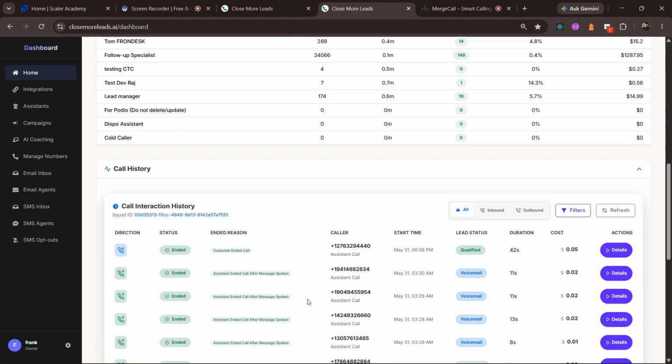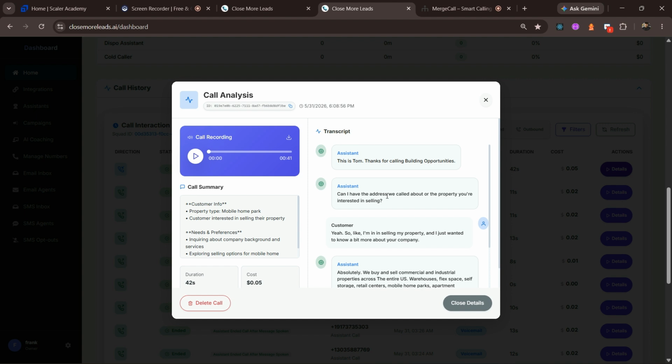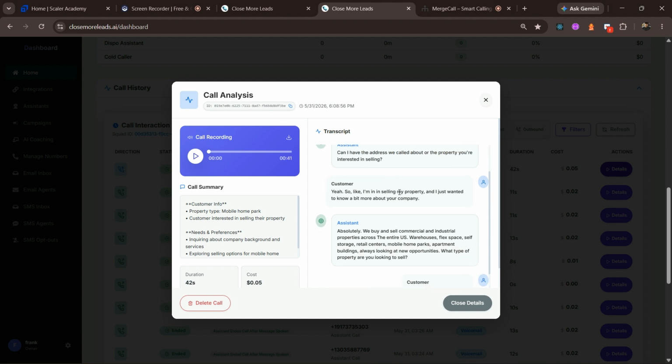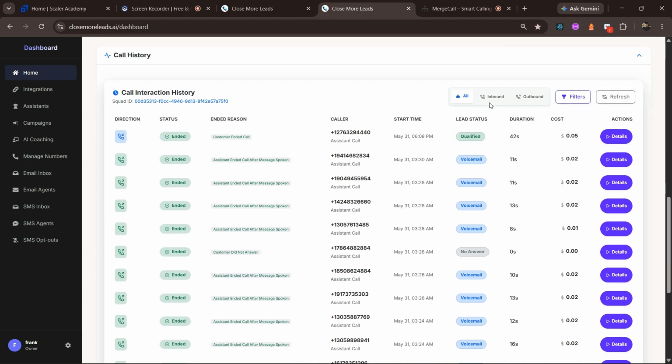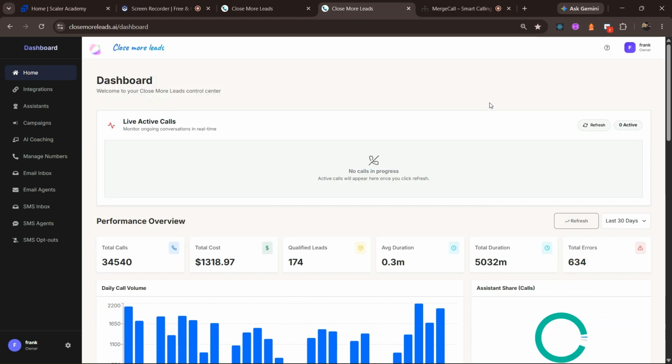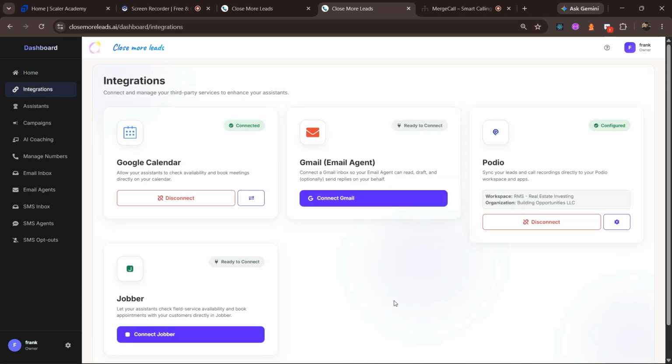And also, if I go to the call history section, you can see these are the call history, these are the lead status. Like this was qualified, most of them went to voicemail, some of them went to no answer. The qualified talk went a certain way. "Yeah, so I'm selling a property and I just wanted to know a bit more about your company." This is what the customer is saying to the assistant. So this is basically the dashboard for the application,